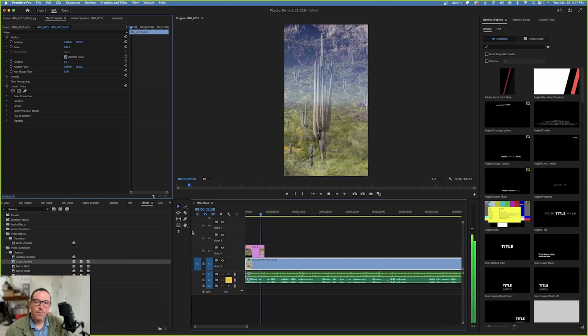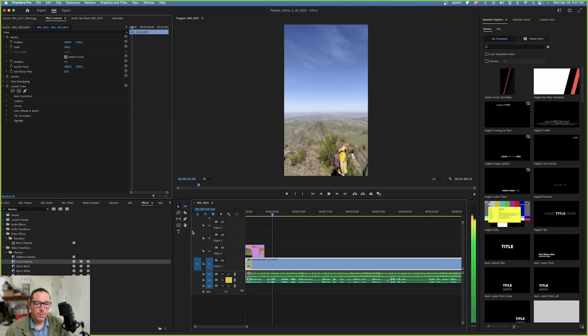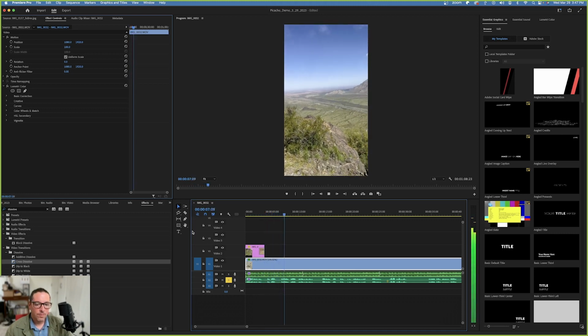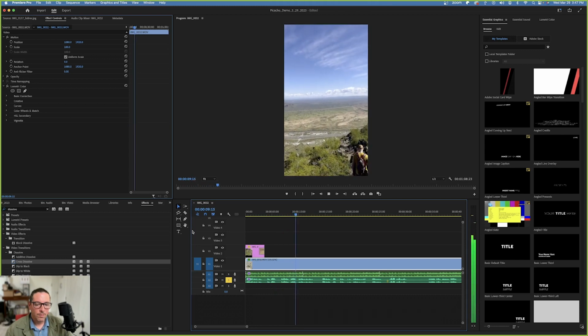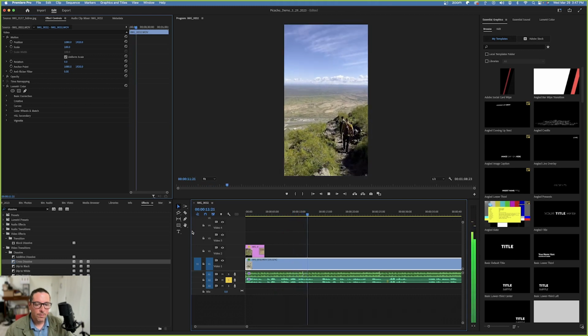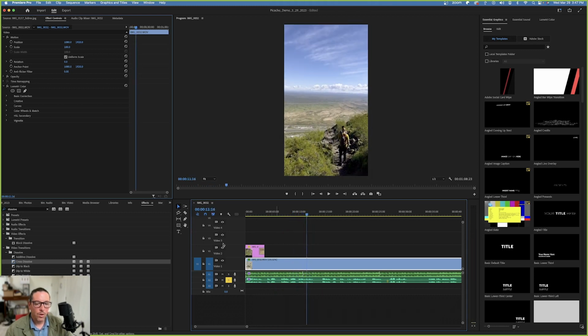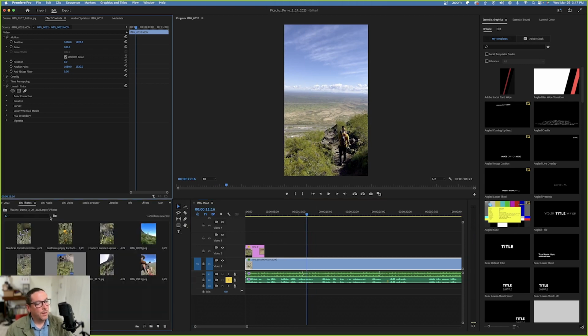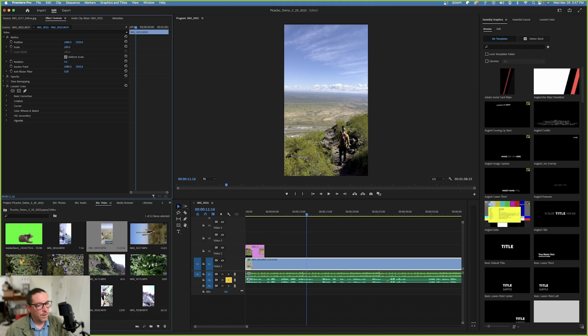Picacho Peak for the first time. This 2-mile hike had some incredible views, and this time of year, the wildflowers were putting on a really great show. All right, so let's go back to my bin and to my video, and let's see if we can